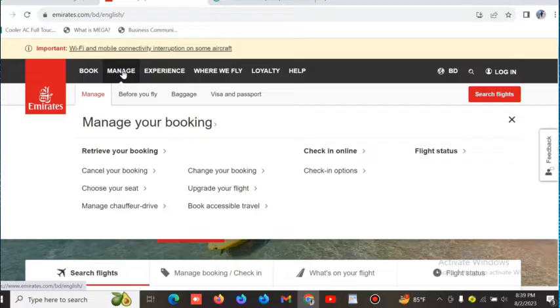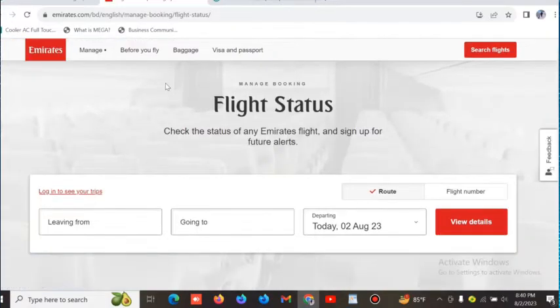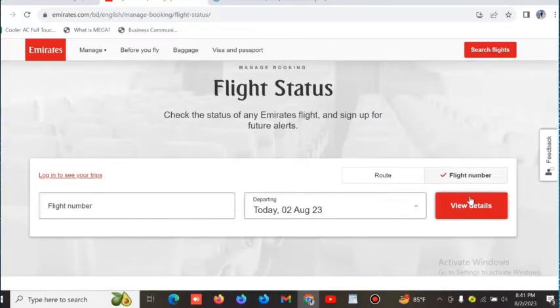online and Flight status. Now we have to tap on the Flight status option at the right. And here we have to give our flight details like our destinations and departure date. And then we have to tap on the View Details option. And here we have to give our flight number, and after giving the flight number and tap on the view details option and search for the flight, and after tapping on the search flights option, this will show us the